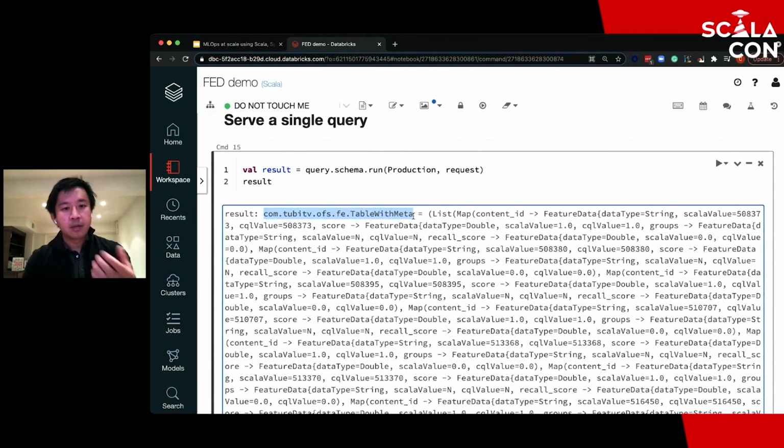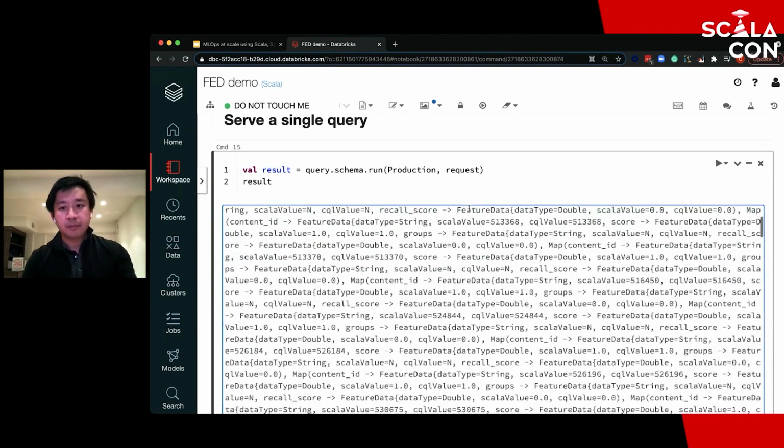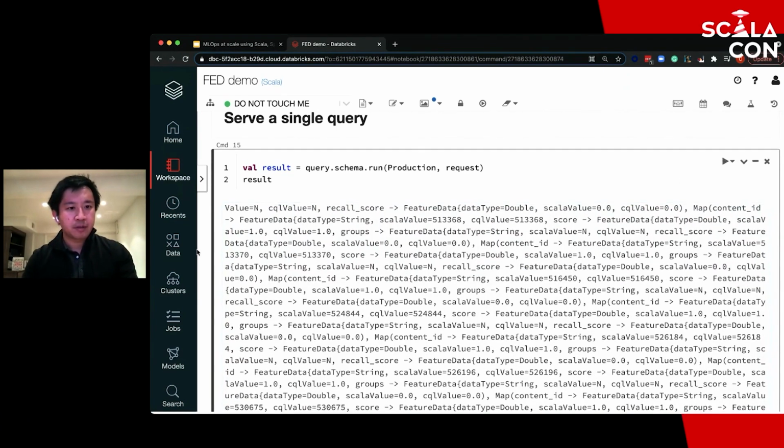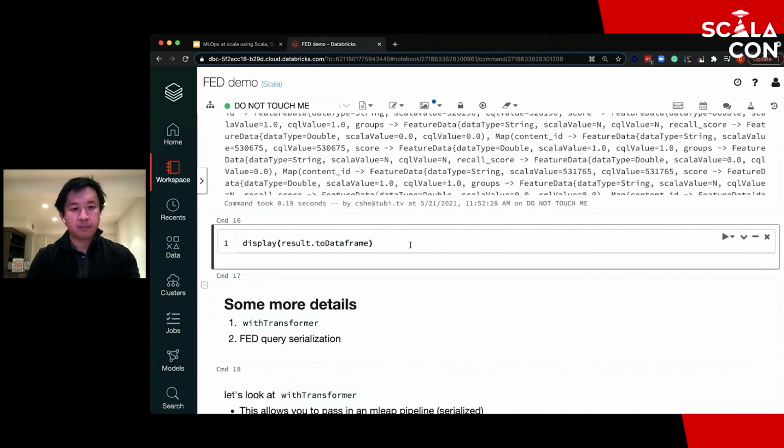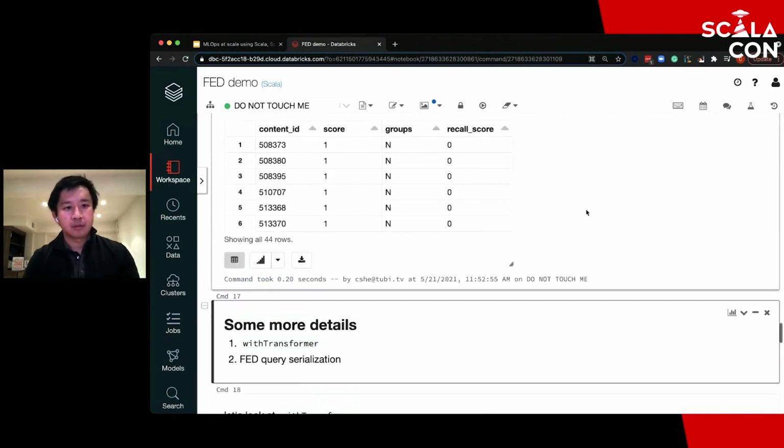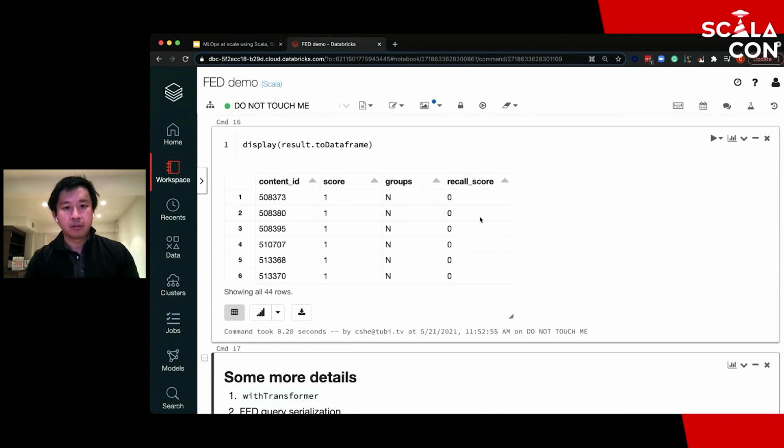Right. So you can see it's actually not a Spark data frame. It's something that's made for single requests for online serving. And of course, there's some convenience here so that we can turn it back into a Spark data frame so that it's easier to just look at the results. So it actually looks kind of like this.